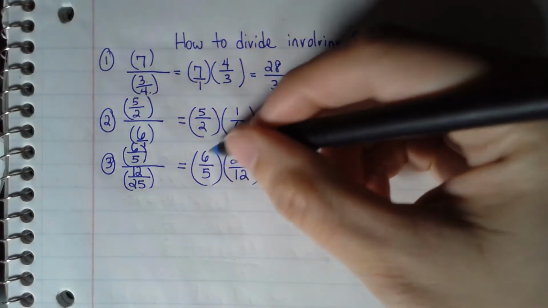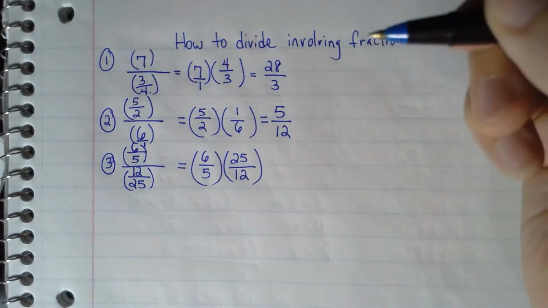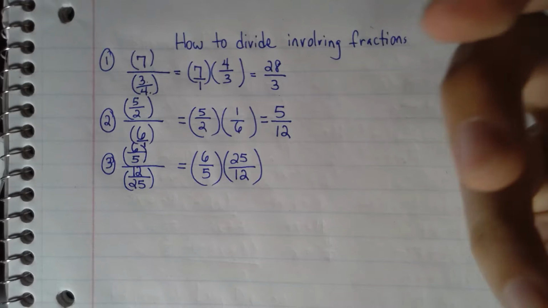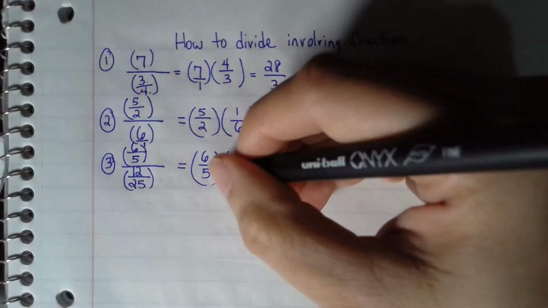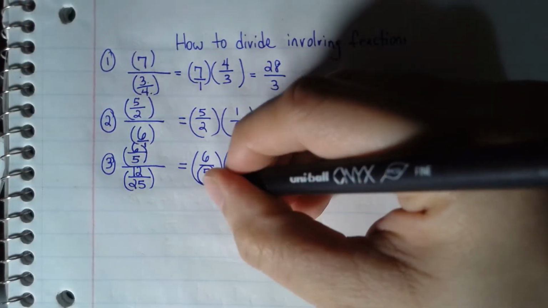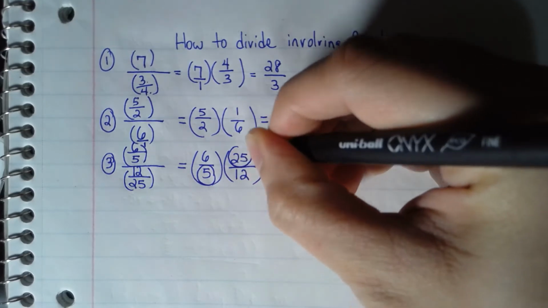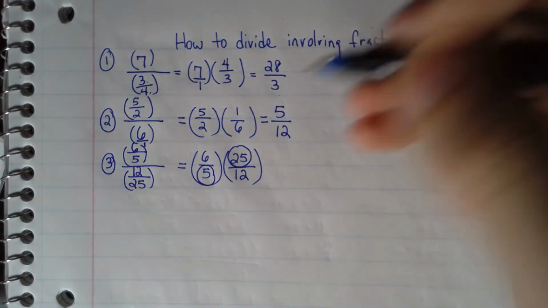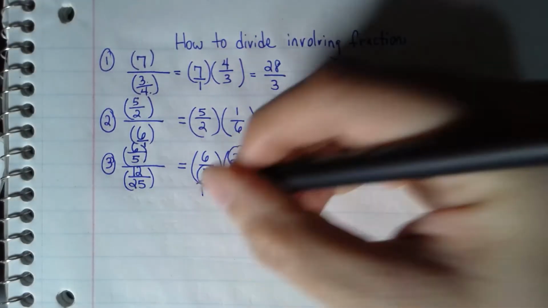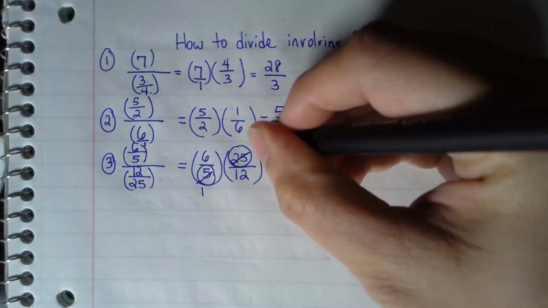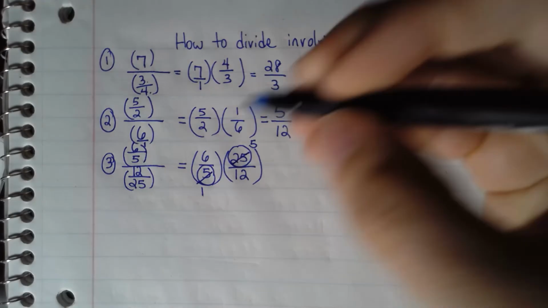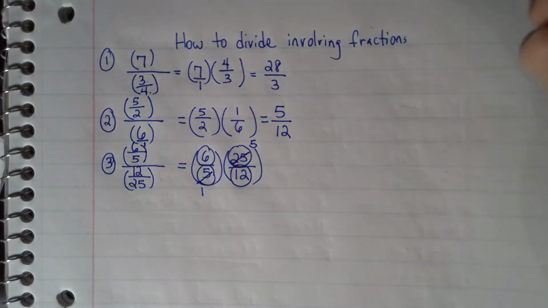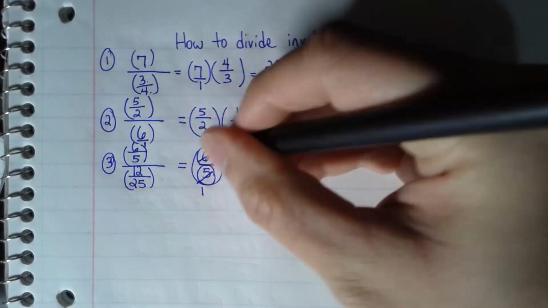Now, this looks like very big numbers if we multiply them. So instead of multiplying straight right away, we're going to reduce what we can. We pick a number from the denominator and the numerator and see if we can divide each of them by the same number. In this case, 5. That will become a 1, and that will become a 5. Same thing with a 6 and a 12. I can divide each of them by 6, which gives me a 1